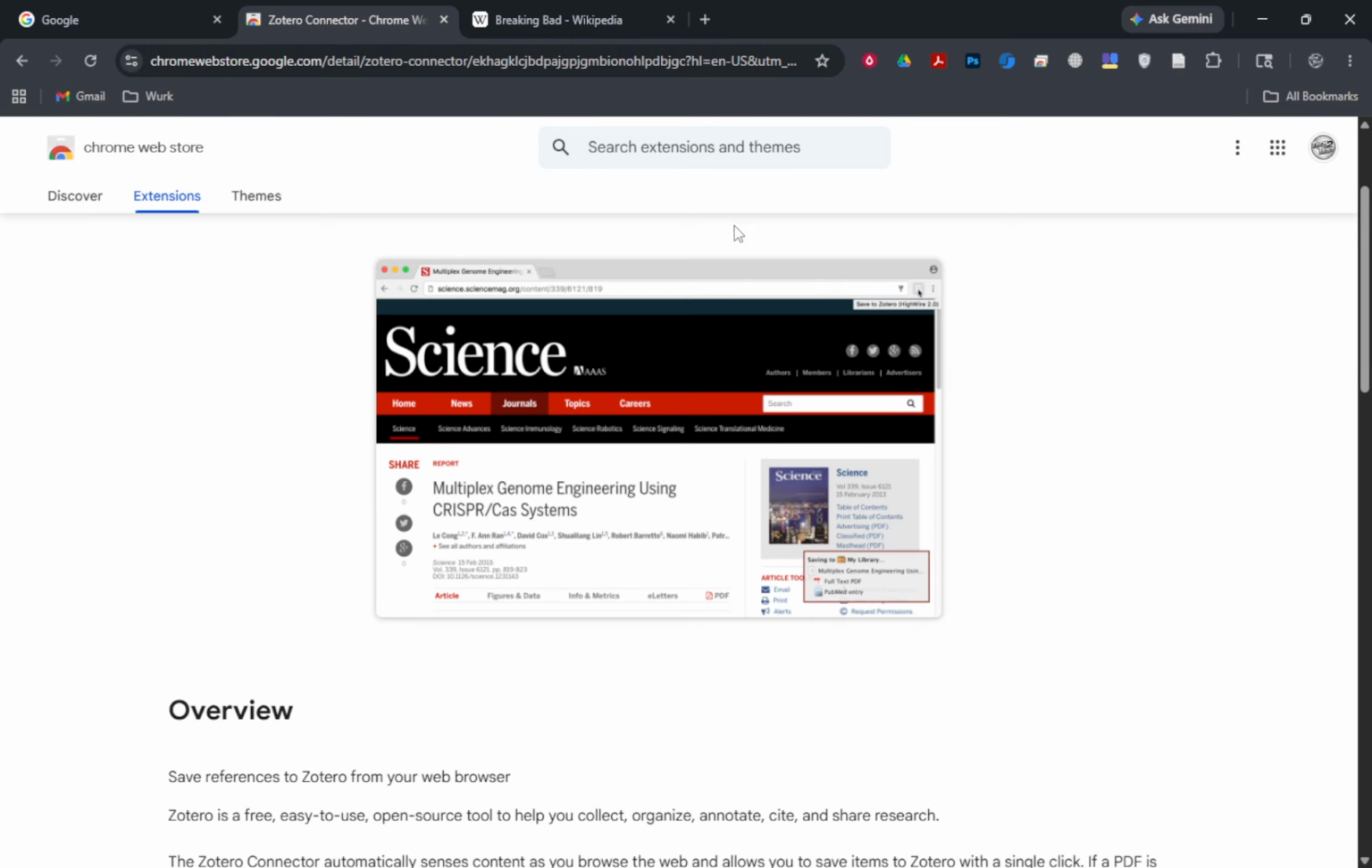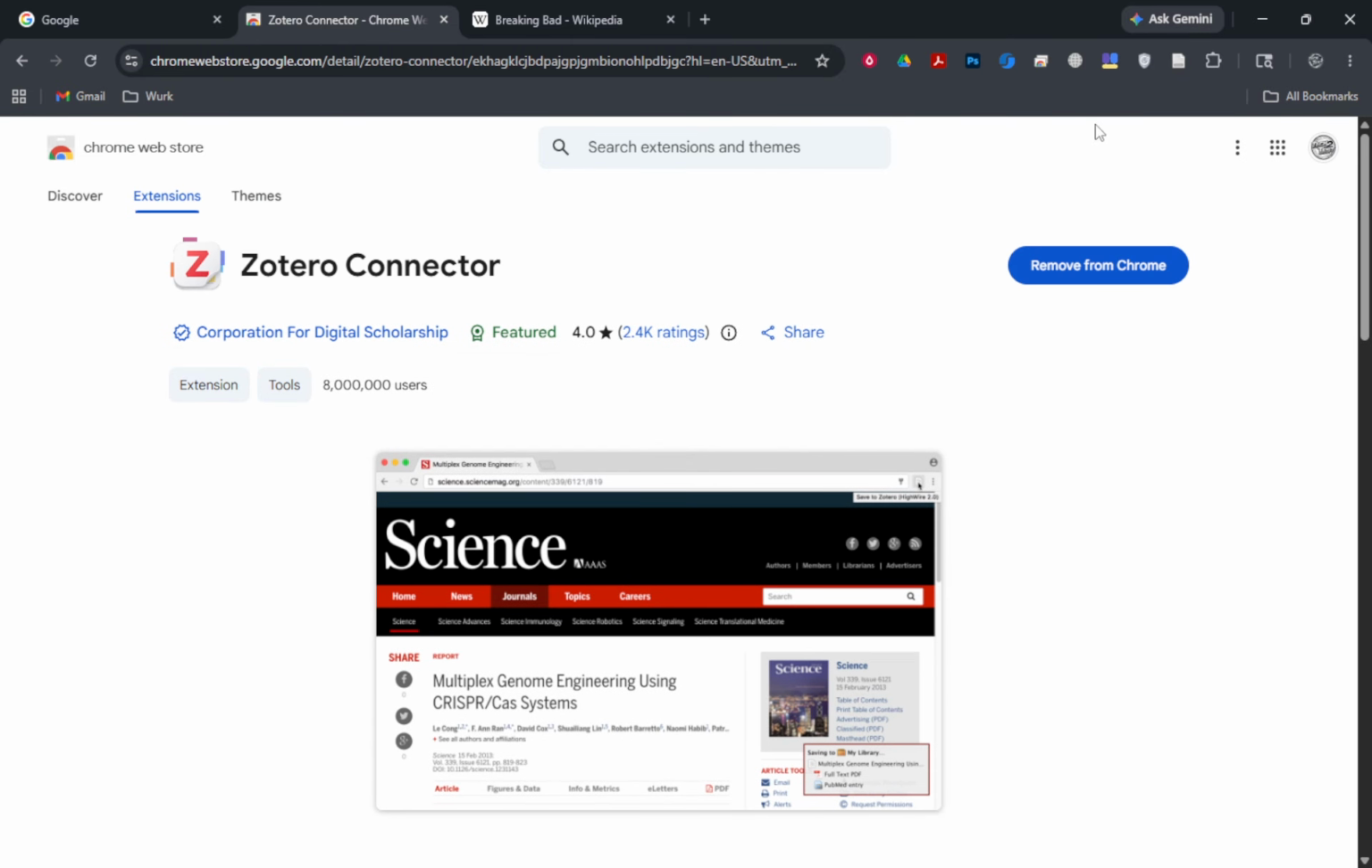That's all there is to it. Open Chrome, go to the official Zotero Connector page, add it, confirm the installation, pin the icon, and then click it whenever you find something worth saving. With this set